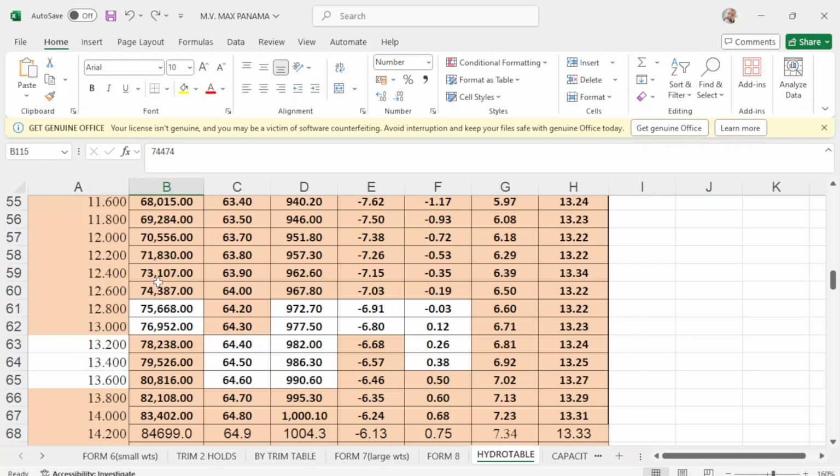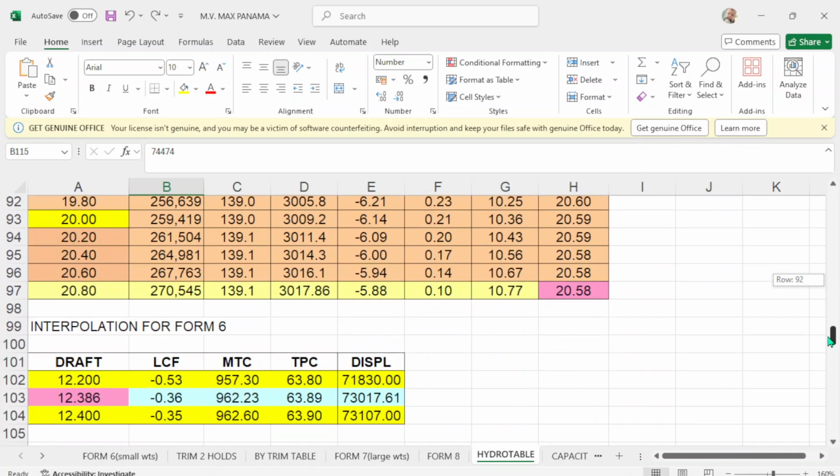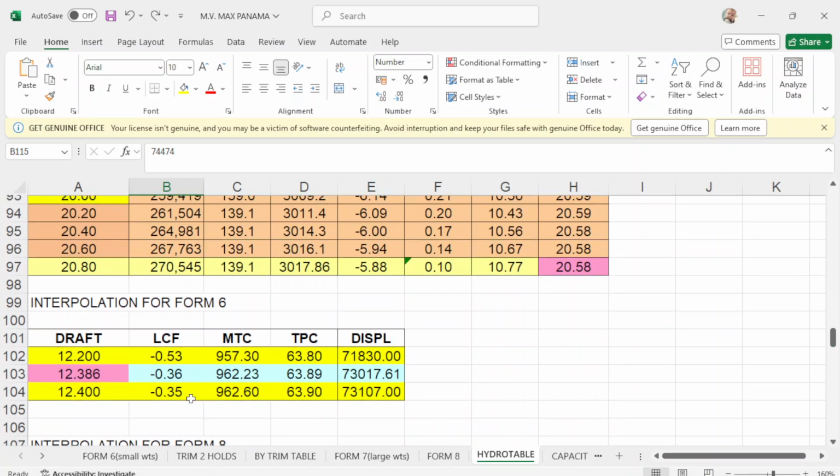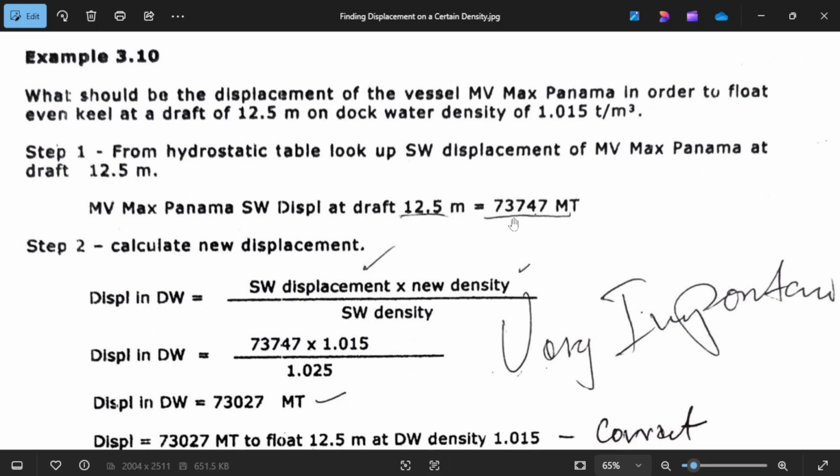At 12.5, the displacement is 73747. Okay, so this is the displacement in salt water.